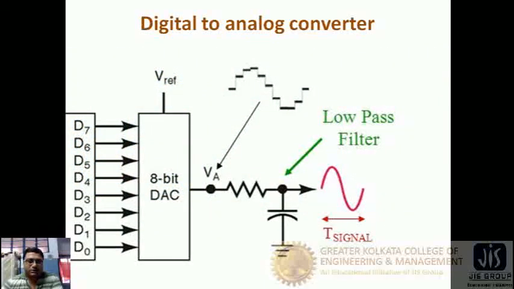This is the reverse conversion process. We have discussed how the analog signal is converted into a digital signal, and how the parallel digital data is converted into serial data with the help of a parallel to serial converter. Now, in the receiver domain we'll discuss how the digital signal is converted into an analog signal, because at the end of the